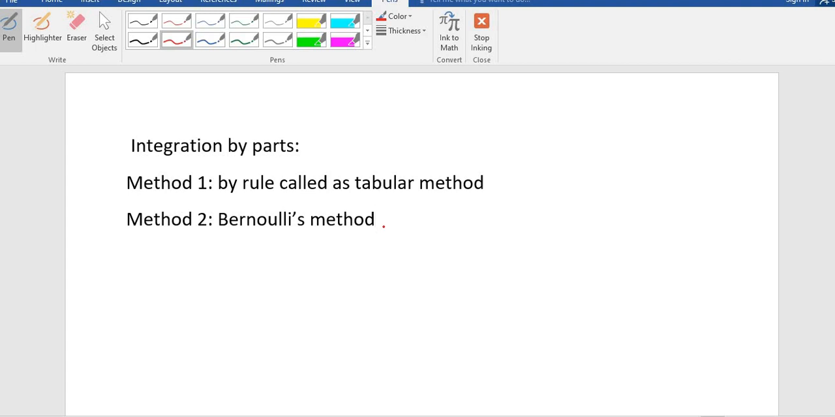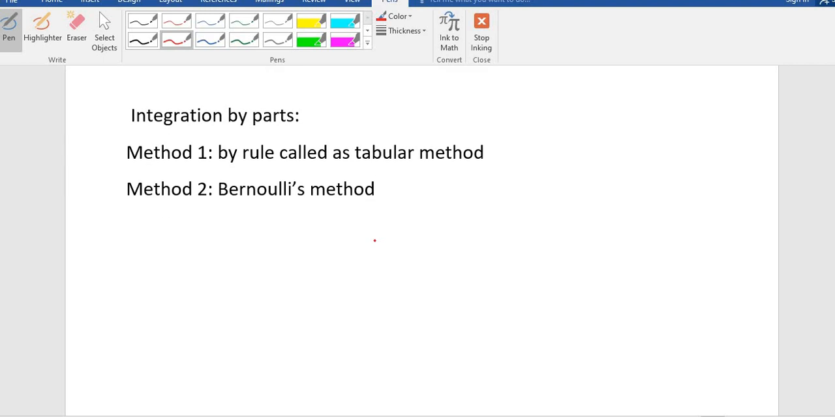If in the examination the question asks to use the tabular method, or just integration by parts, you are able to do that question using the tabular method or Bernoulli's method. But if the question says you have to evaluate using Bernoulli's method, then you can evaluate using that one. So now I am going to tell you that